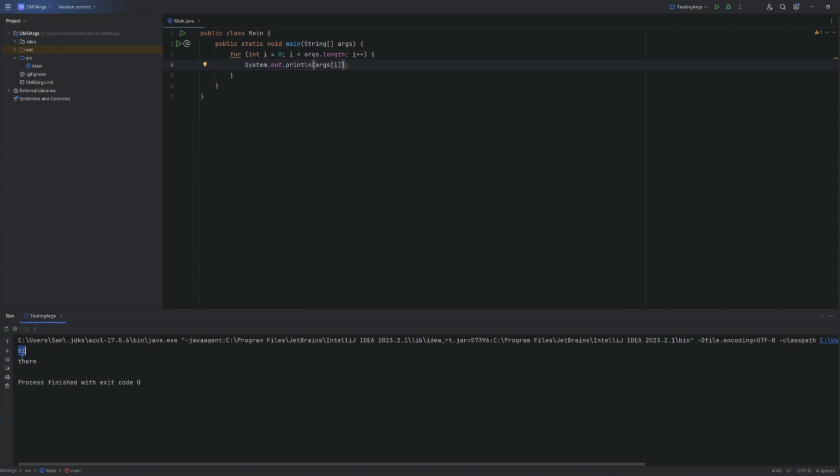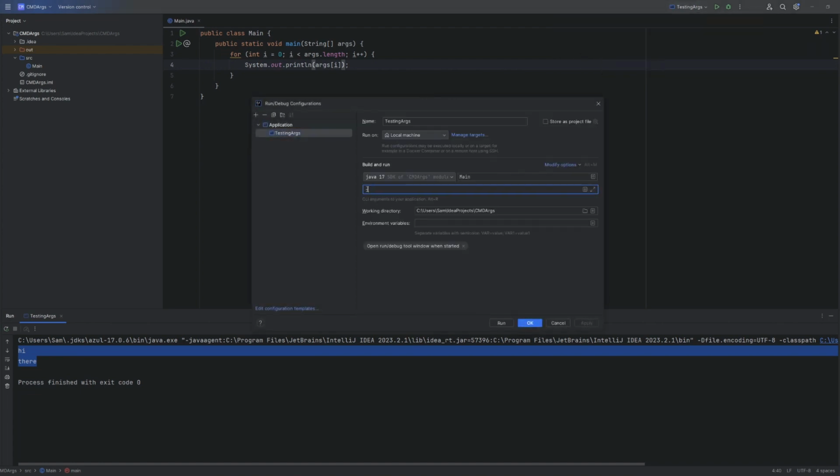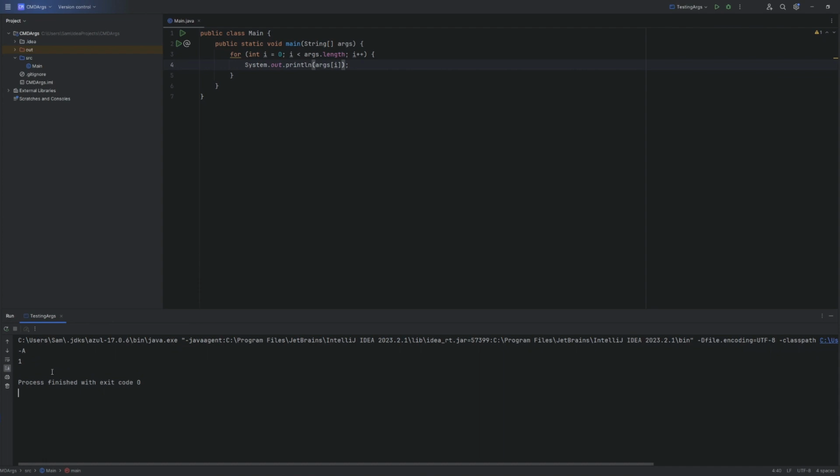And you see that it doesn't print character by character, but it actually prints into full words. They're divided by spaces, each index of this args array. So using that, for this project, we want you to do something like -a, and then, for example, 1, 2, or 3 can apply. And if you run this, you see that index 0 of the args array is -a, and index 1 is 1. So using that, you can have some logic to check if the user entered proper command line arguments,